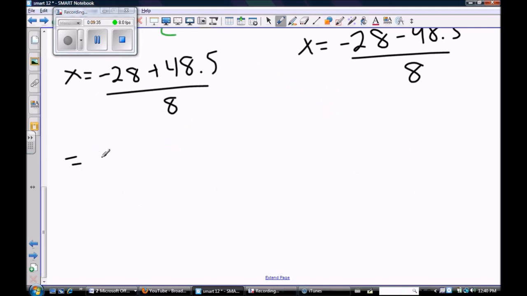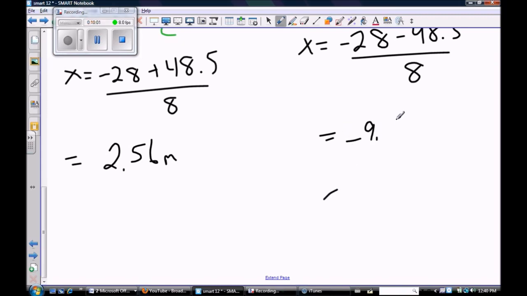In your calculator, what do we get? Negative 28 plus 48.5 divided by 8 gives 2.56 as one answer. And the other answer for x is negative